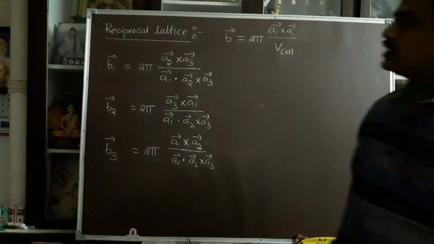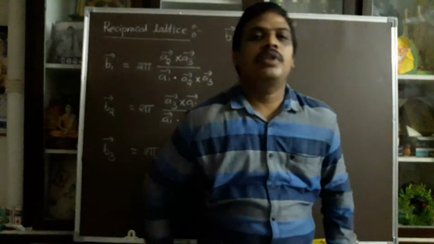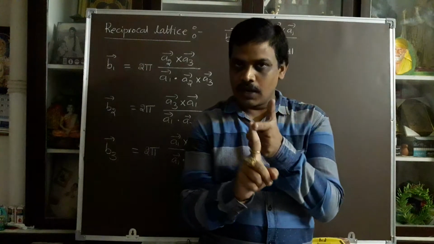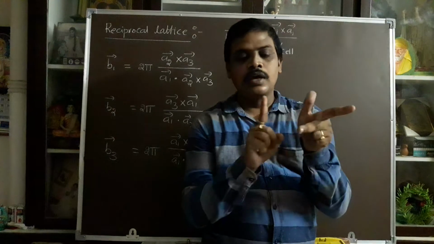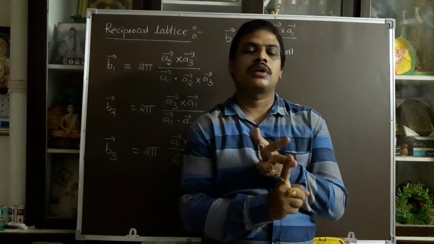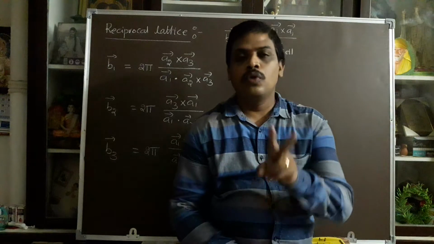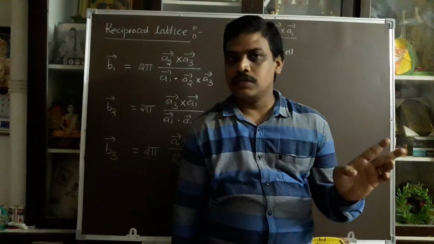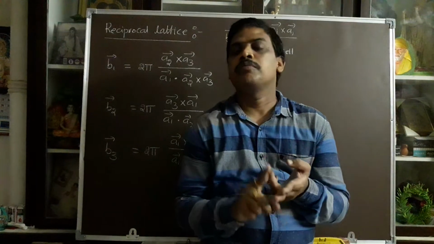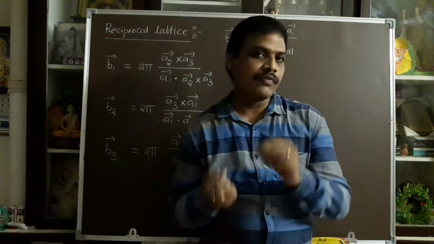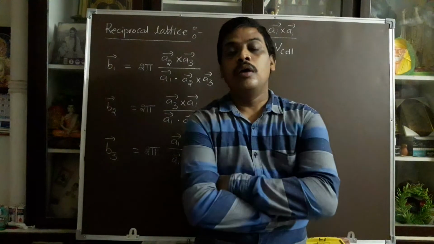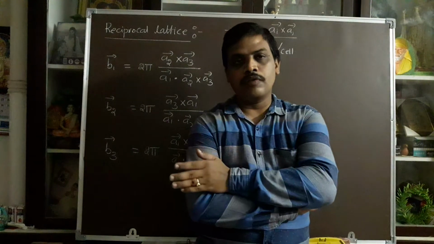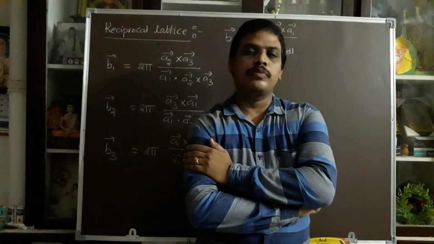So today we are discussing different structures of the reciprocal lattice: the reciprocal lattice to simple cubic structure, to face centered cubic structure, and to body centered cubic structure. From our syllabus point of view, only two structures are there, the reciprocal lattice to FCC and to BCC. FCC and BCC are mainly based on the simple cubic structure. So first of all we learn the reciprocal lattice to simple cubic structure, and after that we can go to the face centered and body centered cubic structures.